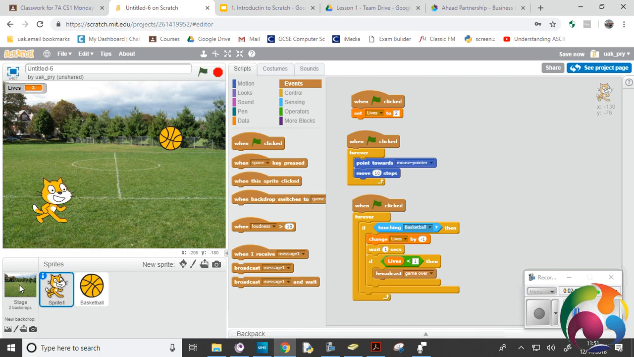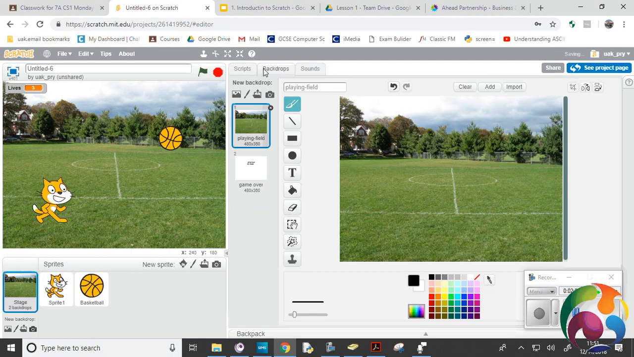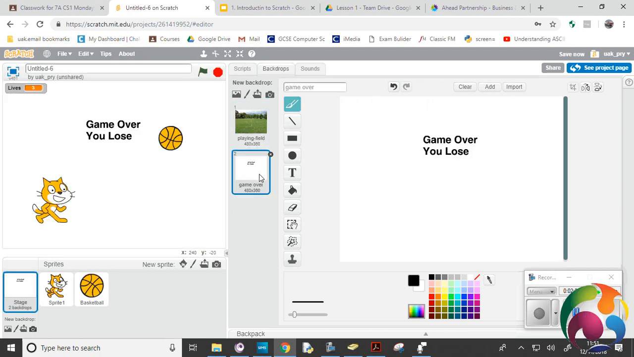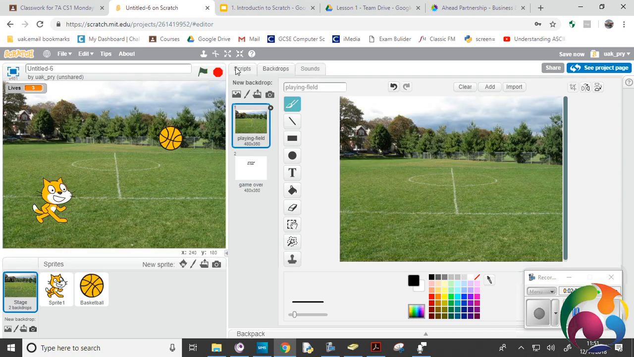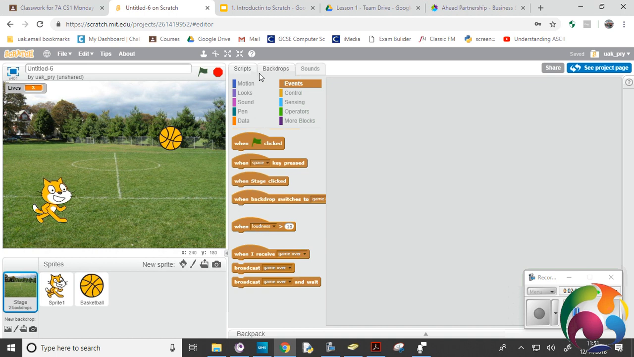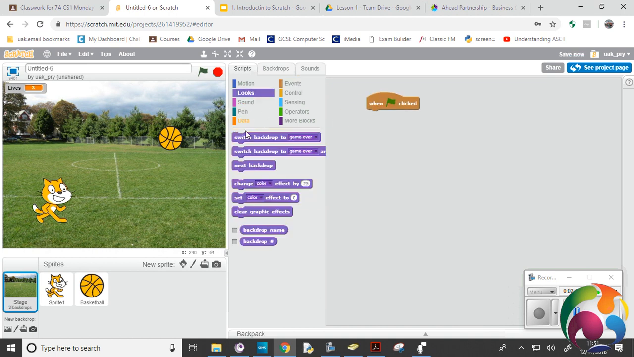Now I'm going to go back to my stage, and we can see on my backdrop I've got two stages. I've got this one, which is called playing field, and here, which is called game over. So I want to make sure when I start, so let's go to script for stage. On the green flag, the first thing I want to do is make sure that we have the right backdrop showing. So switch to backdrop, playing field,